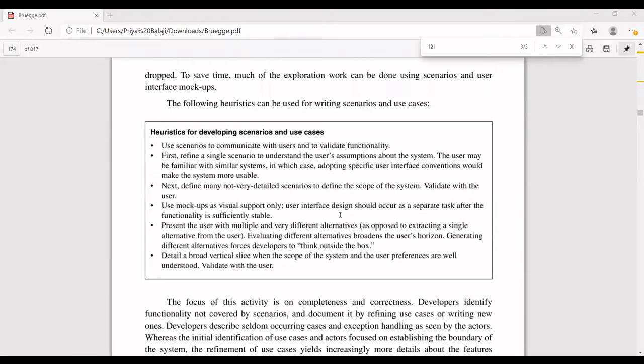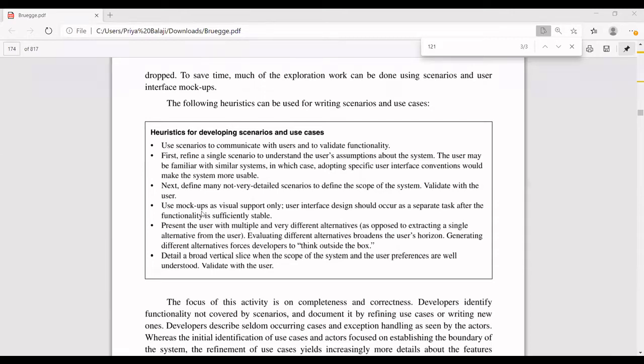As I told you, what refining use cases is going to do is save your time, that is your developer's time. He doesn't have to think whether the message should arrive in the form of a beep sound, an alert message, a dialog box, or how he has to give the information. Now he has no confusion at all. He clearly comes to know this is the way I have to give the information to the dispatcher. So there is no second thought, and he clearly gets the answer.